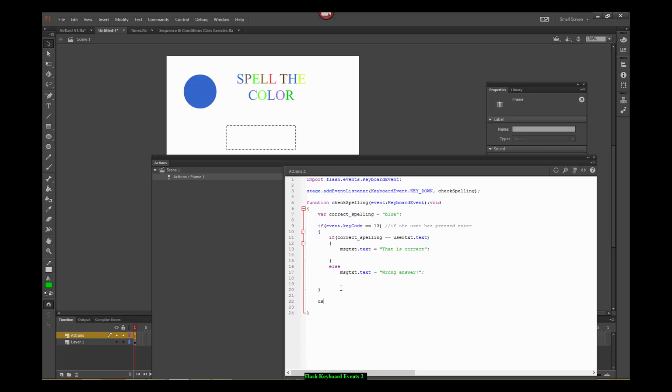So I'm going to do that, user txt dot append text. What you can do is user txt dot text is equal to user txt dot text plus the new character code, whatever the user has written. That's one way of doing it, but a more efficient way to add to the existing text is called append text. So I'll write append text here, and string